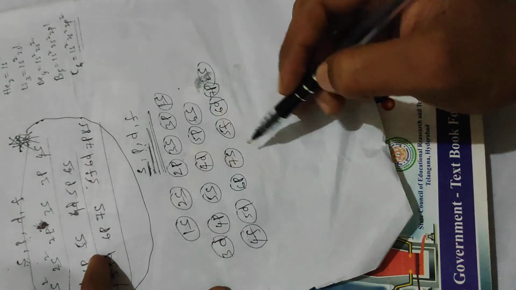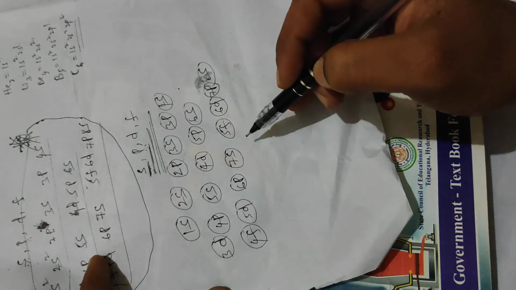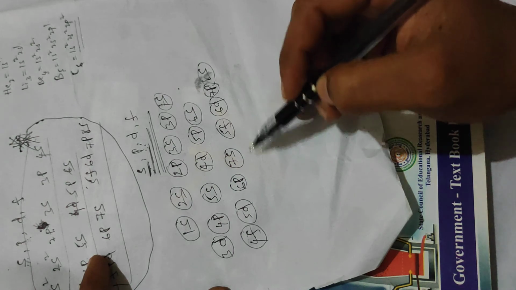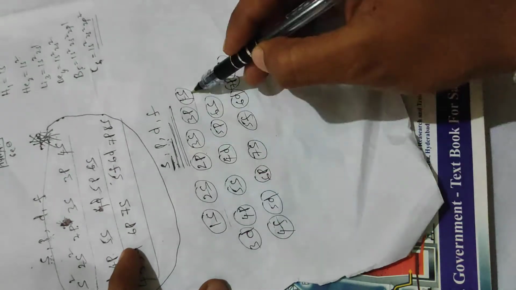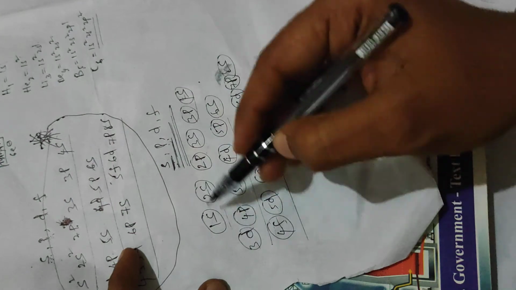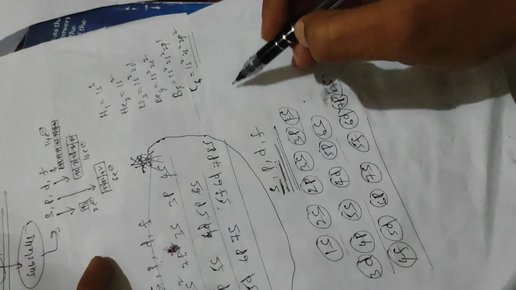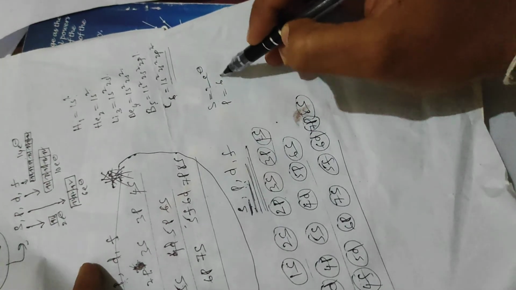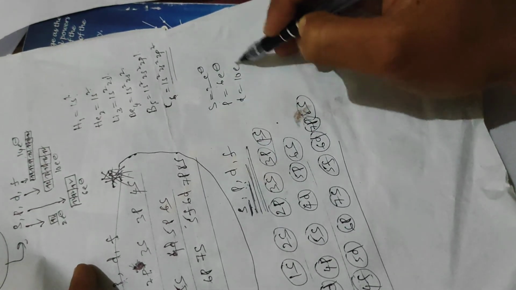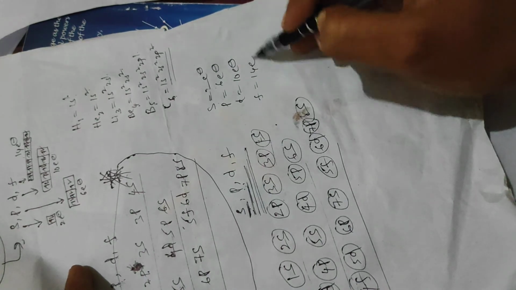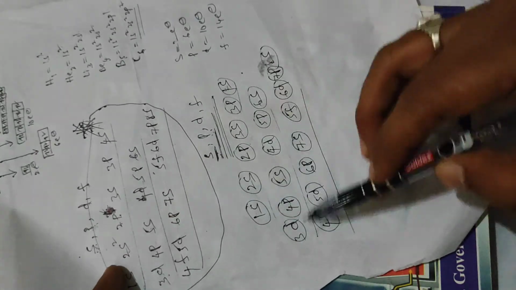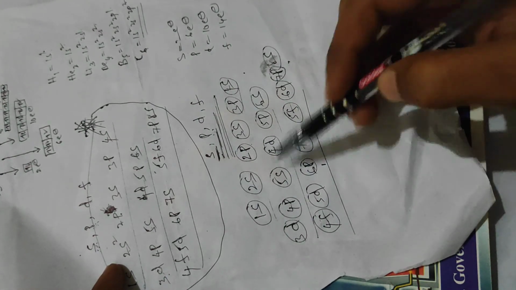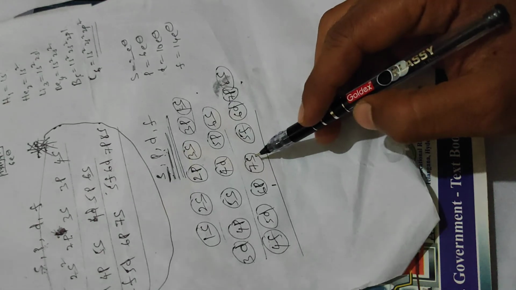The Aufbau rule says that when we are filling electrons, the electrons should enter first the lower energy, after that the higher energy. So this is the electron increasing order. You can fill a maximum of 2 electrons in the s orbital, 6 electrons in p orbitals, 10 electrons in d orbitals and 14 electrons in the f orbital. Here you can write all the elements' configuration like this.